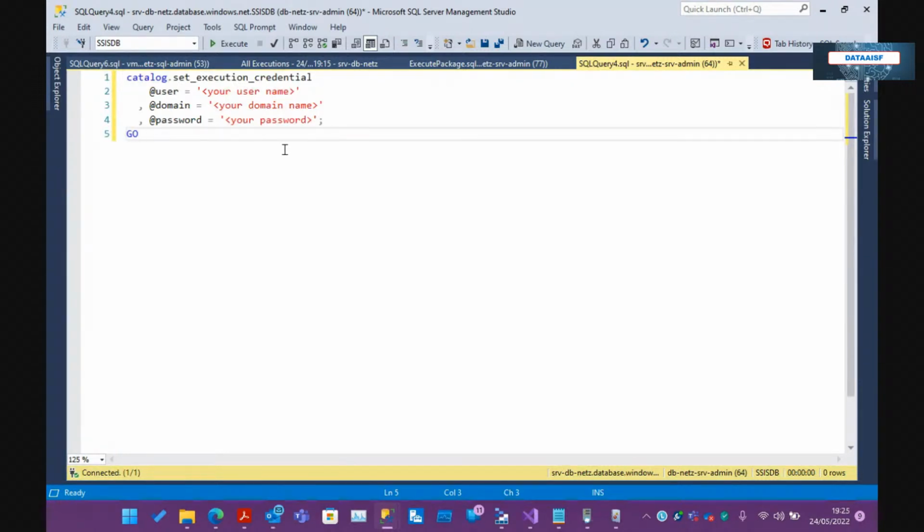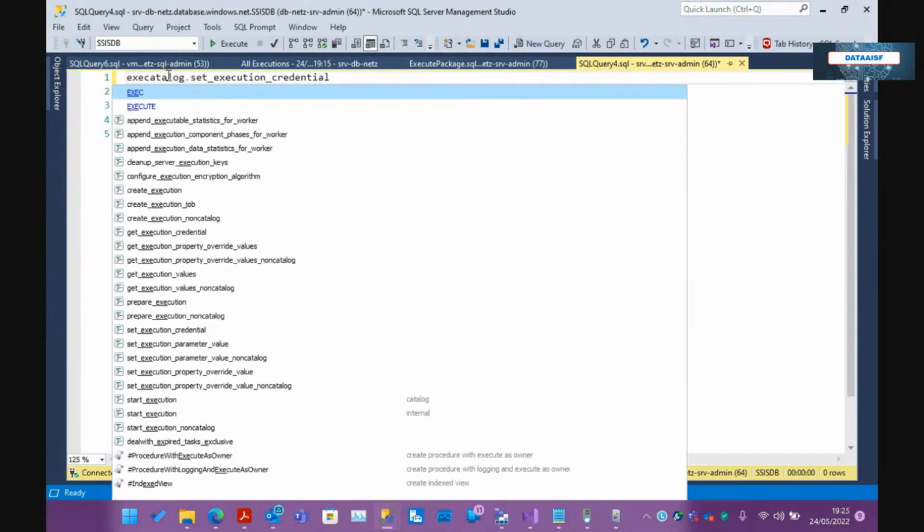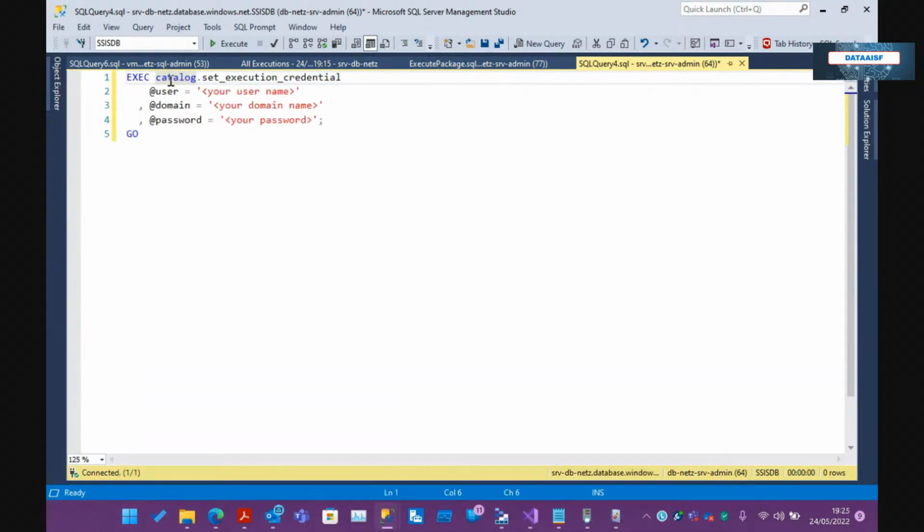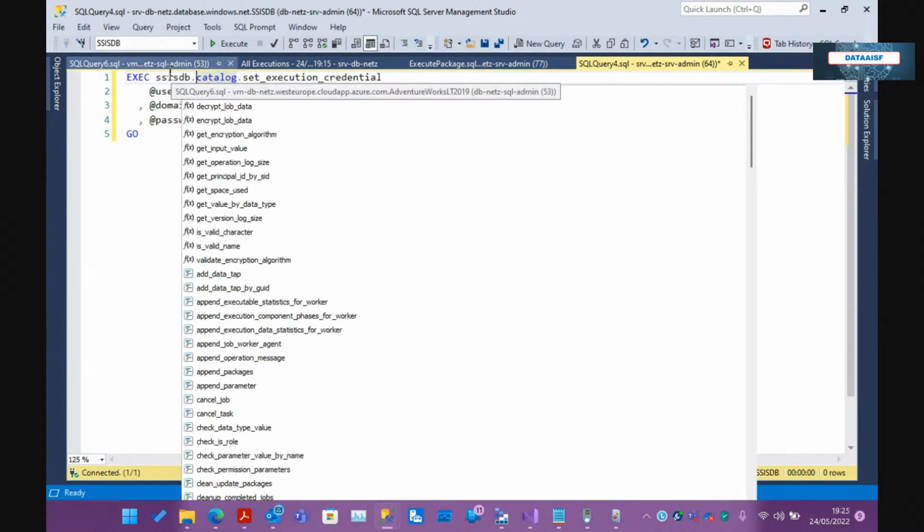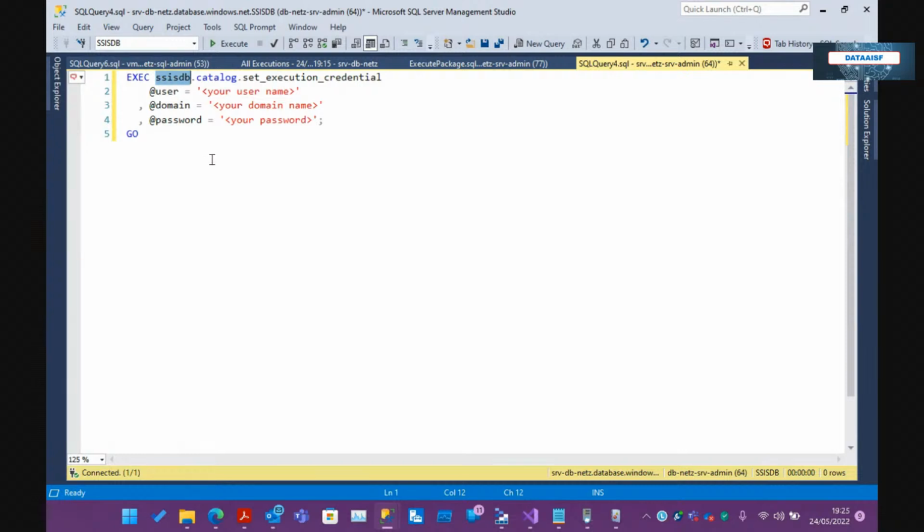So within your SSIS DB, you can execute a stored procedure. I copied this from Microsoft, by the way. I just want to make it a little bit clearer. SSIS DB, I think that's right. Yes,